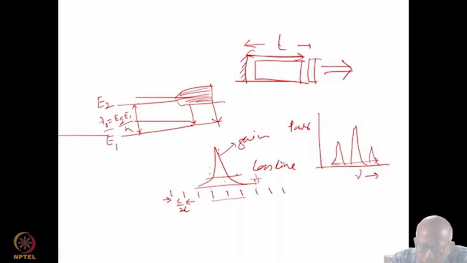This is the loss and this is the gain. No other mode now has a net gain. For example, this mode has this much loss and this much gain, and this is loss, which exceeds the gain. Therefore, lasing will now be essentially affected only on this mode, which alone has net gain, and therefore it would be basically a single mode laser with greatly improved monochromaticity.